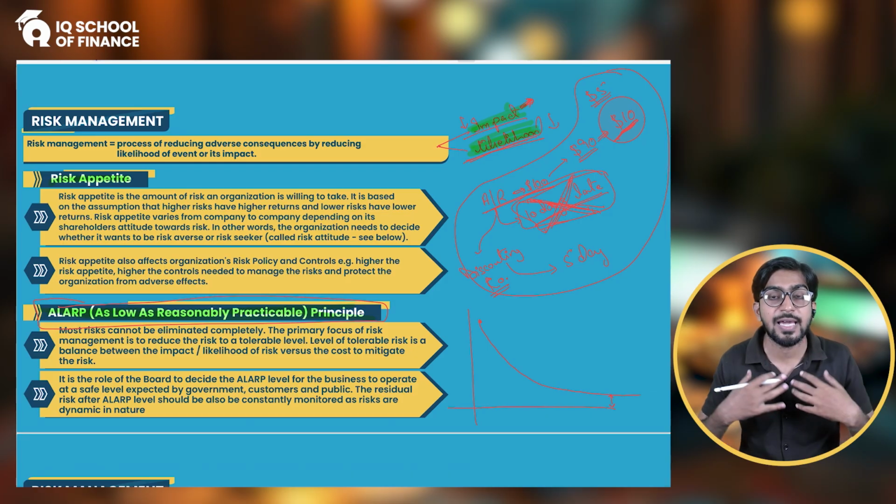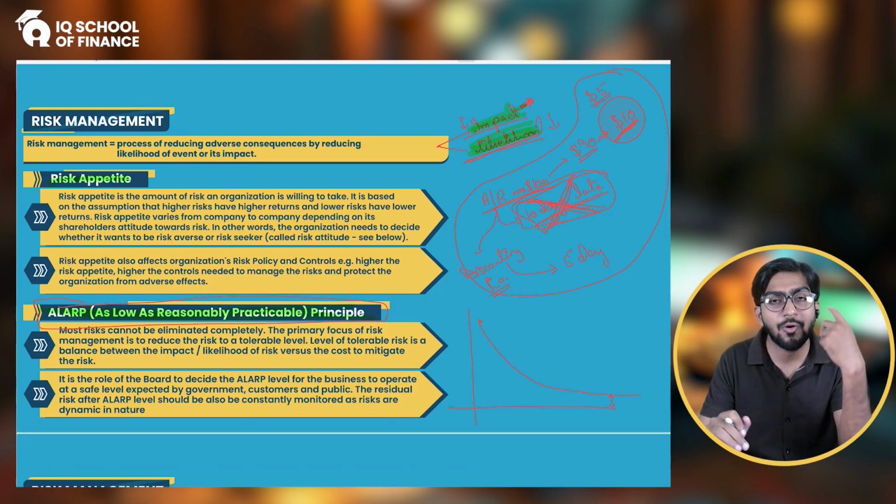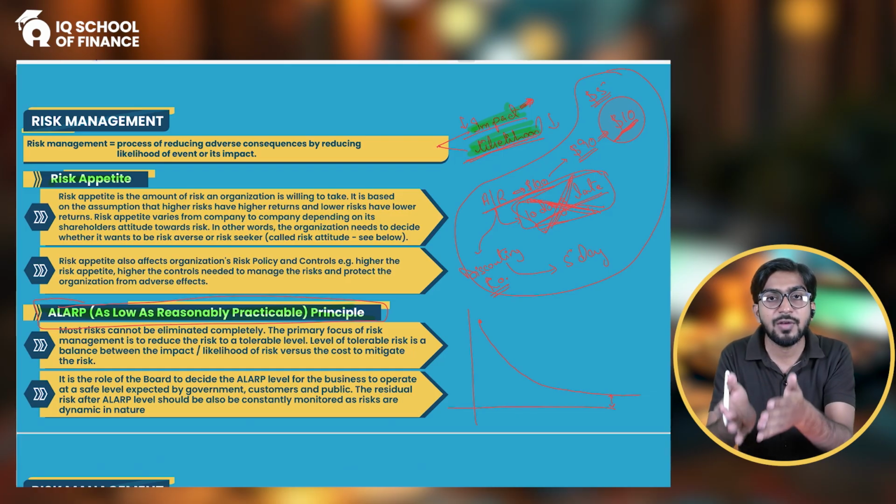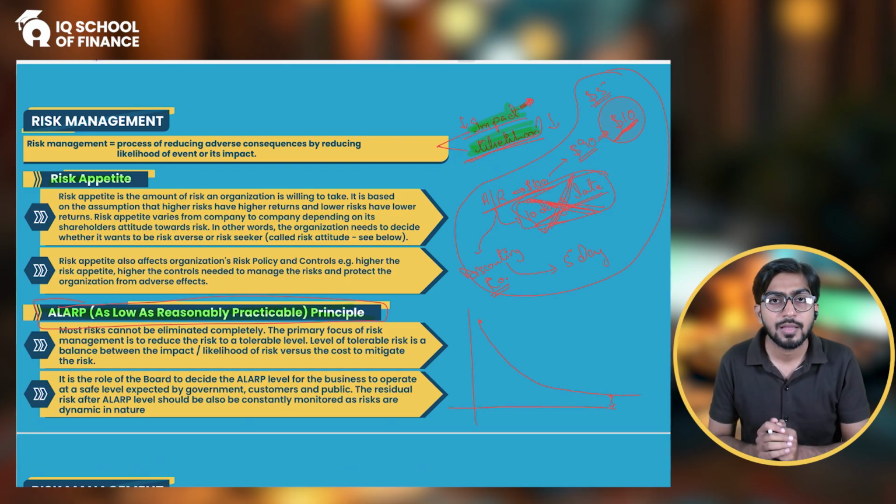For example, if I were the business leader, I would say okay, let that risk materialize, let that future event happen, because it would happen and I will face a loss of $100 only. But if I try to reduce this loss, maybe I will have to incur a cost of $200. So is it a wise decision to reduce the risk? No, not at all. So that is the practicality of risk management, right? And that is what the ALARP principle tells us. Let me give you one more example of the business. This was the real life example. Now I give you the business example.